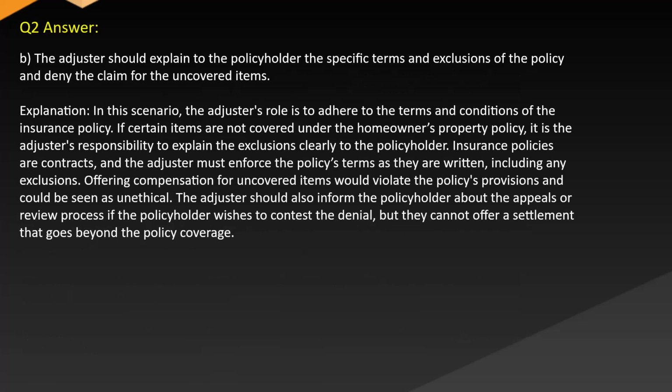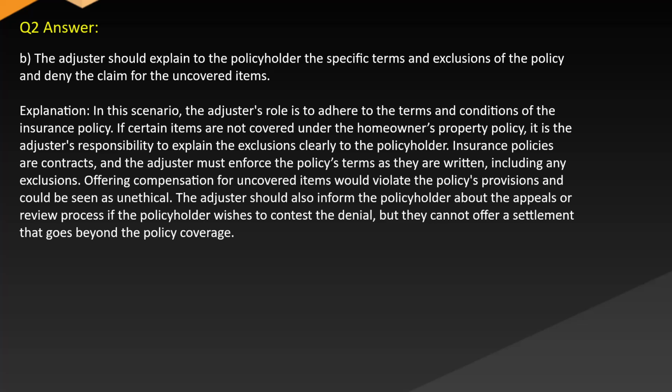Answer. B. The adjuster should explain to the policyholder the specific terms and exclusions of the policy and deny the claim for the uncovered items. Explanation. In this scenario, the adjuster's role is to adhere to the terms and conditions of the insurance policy. If certain items are not covered under the homeowner's property policy, it is the adjuster's responsibility to explain the exclusions clearly to the policyholder. Insurance policies are contracts, and the adjuster must enforce the policy's terms as they are written,